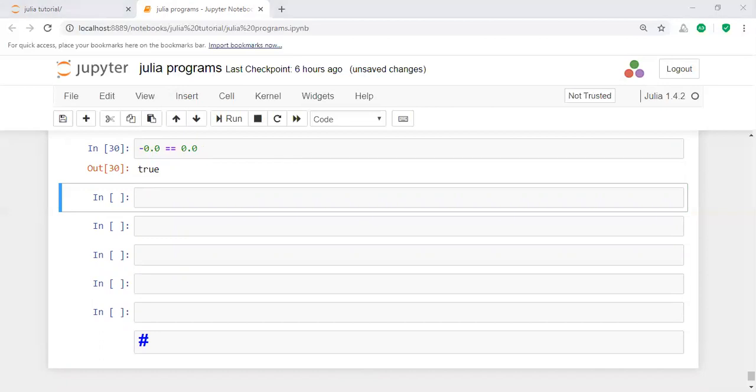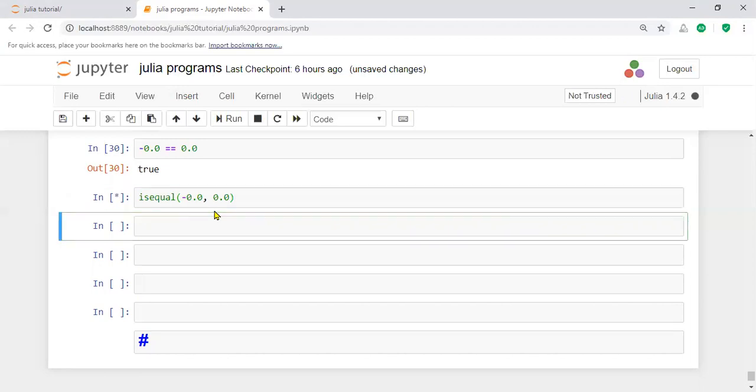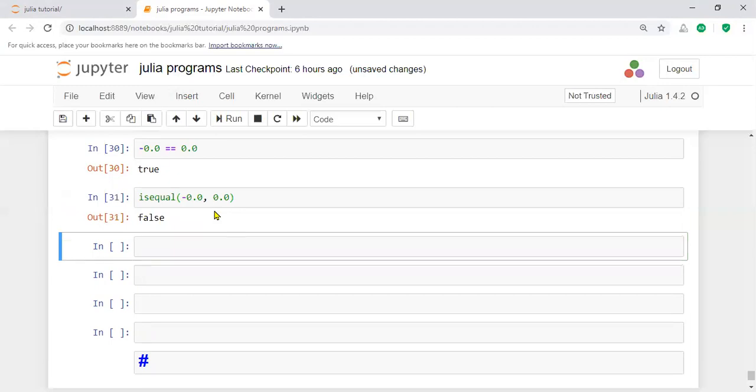Then the same operation applied using isequal: isequal(-0.0, 0.0) is a false statement. If you apply the equal symbol it is true, but with isequal it is false.